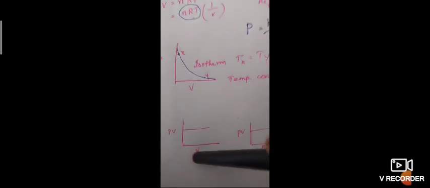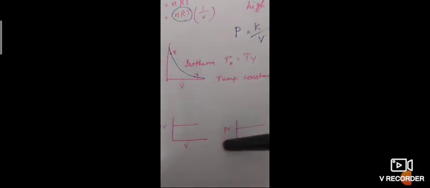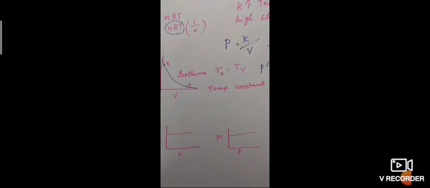Next, you draw the graph for PV and P. It will give you a straight line because we know that for a fixed mass of gas at constant temperature, PV is a constant. So irrespective of the values of P and V, plotting PV against P at a constant temperature therefore gives a straight line parallel to the x-axis. All these graphs you can use for answering one-word answers, and the formula you can use for calculation of pressure and volume relation. This is Boyle's law.